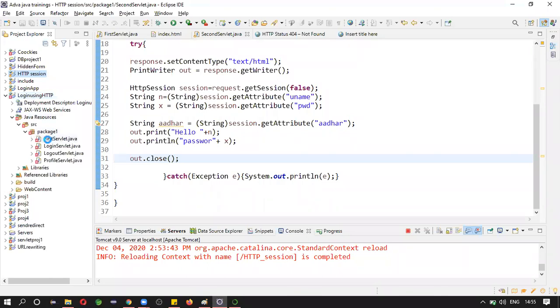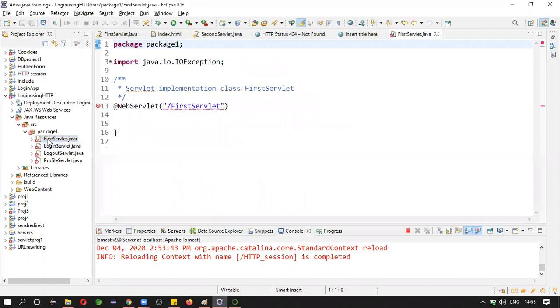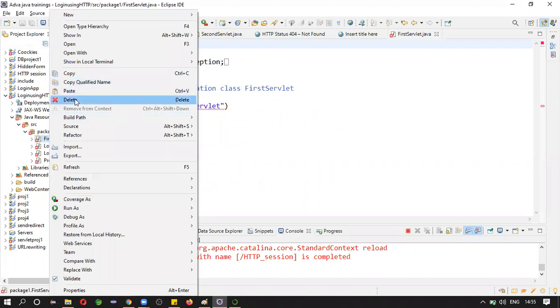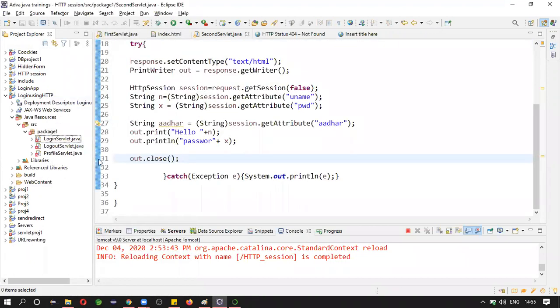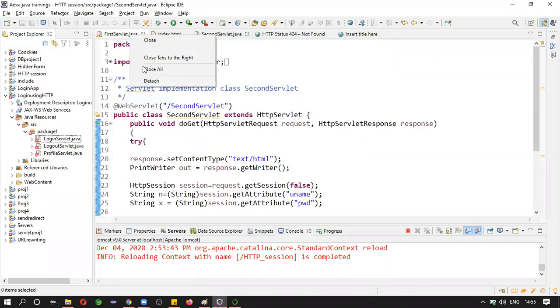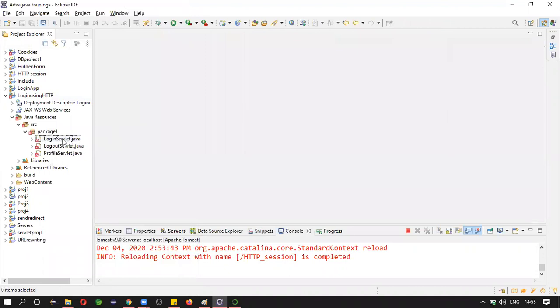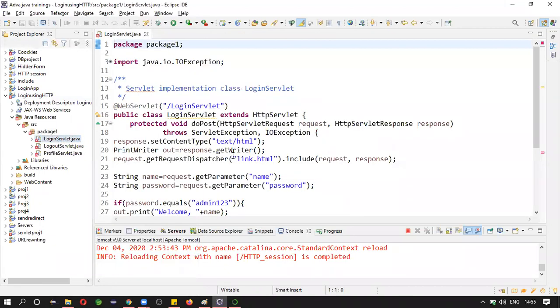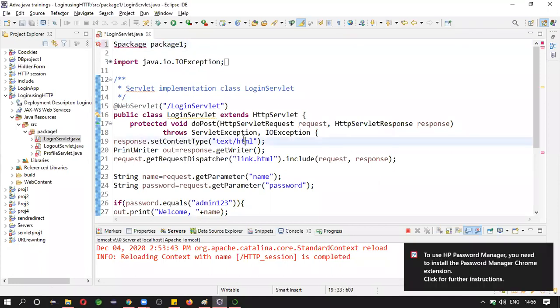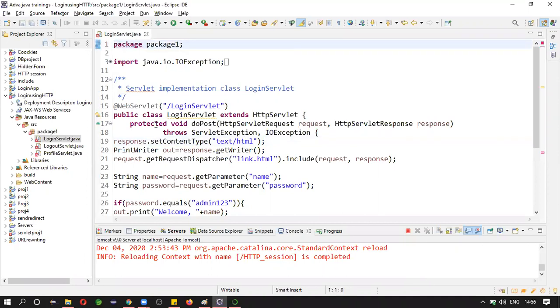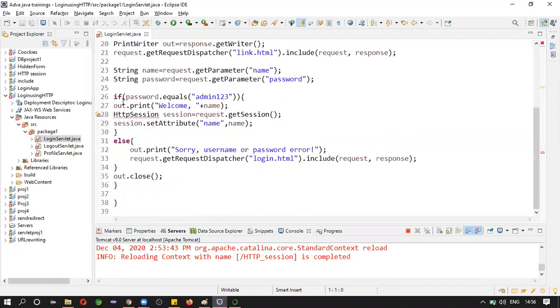Maybe what is the problem here? Just import the HTTP session.